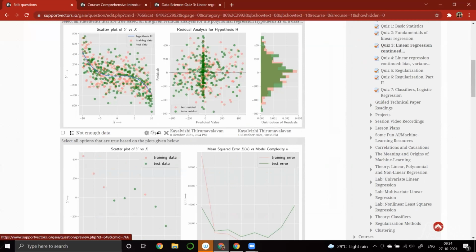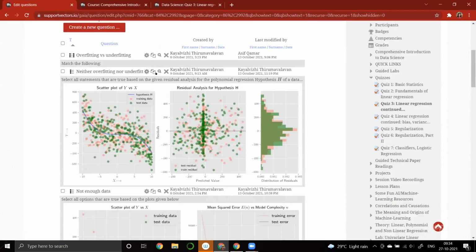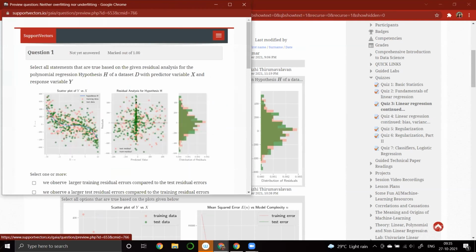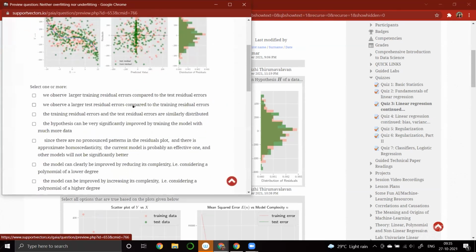Next question. Back, and can you tell me why the other one is not? There's one we said that you can reduce, improved by reducing its complexity, that is, considering a lower degree. So how do you know that something lower cannot be good? Or I don't know if that is obvious? It's not obvious, right? But